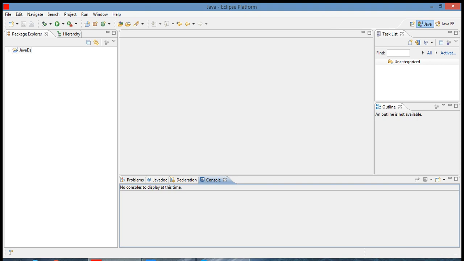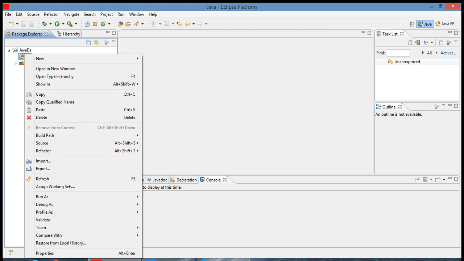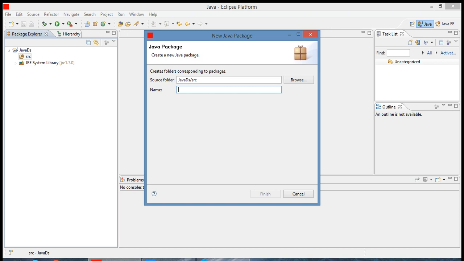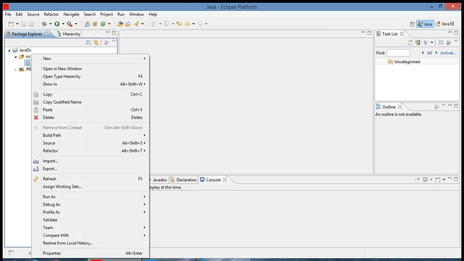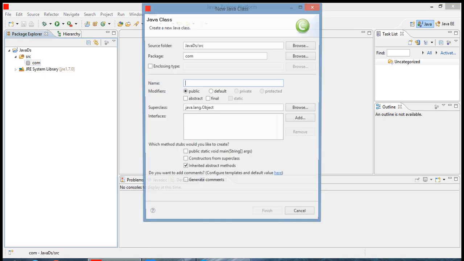So here in package explorer we are able to see that file called Java DS. So here again there are two files, src folder and JRE system libraries. So right click on src, we'll add one package, inside that we'll add the class. So click on src, then new, then add the package, give the package name as com, then click on the finish. After that, right click on the package com, then new, then add one class, give the class name